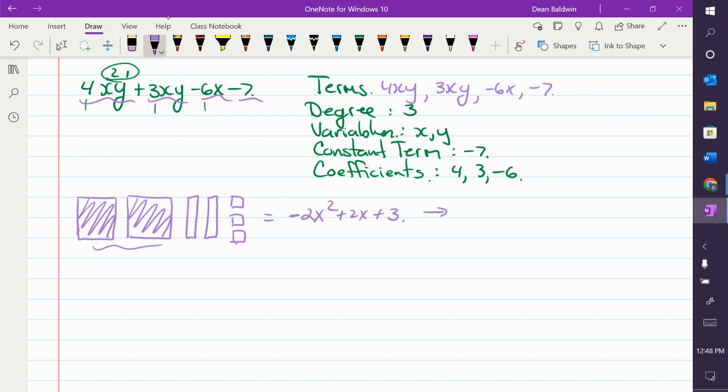If it's 3 terms, what do you call it? Trinomial. If it's two terms, what do you call it? And if it's one term,